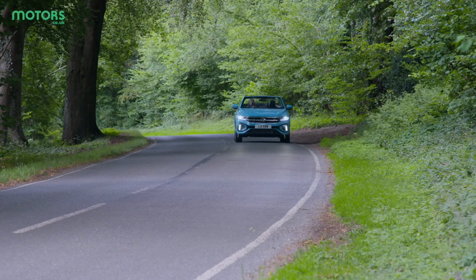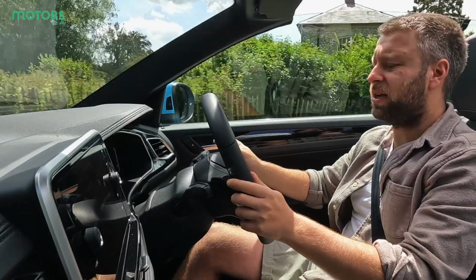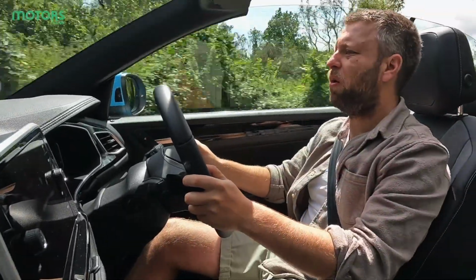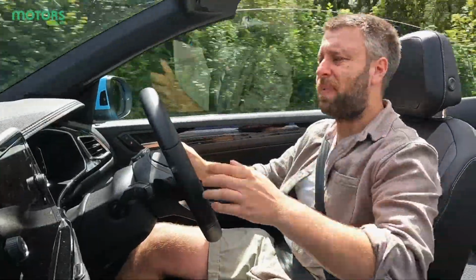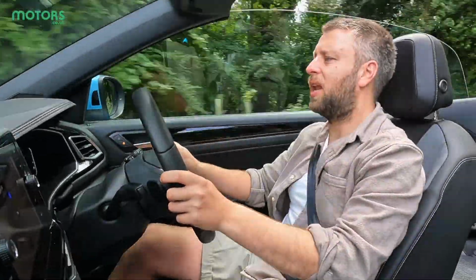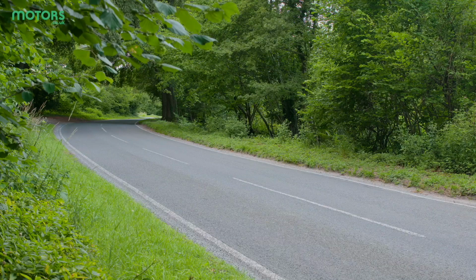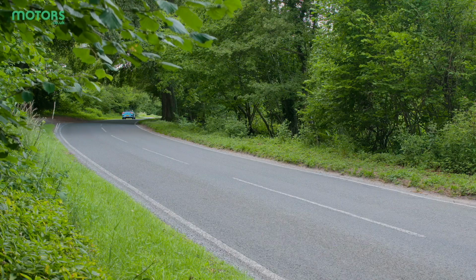But I think the T-Roc does pretty well actually in this regard. It's comfortable and it's quiet, and it's quite a novelty sitting up high with the roof off too. You get a great view ahead of you, and you've got a great view around, and as I've mentioned, the people in the rear seats get a good view too. The steering is nice and light, and in all it just feels like driving a T-Roc that happens to have had its roof lopped off, and that's not a bad thing since the T-Roc has been a massive hit for